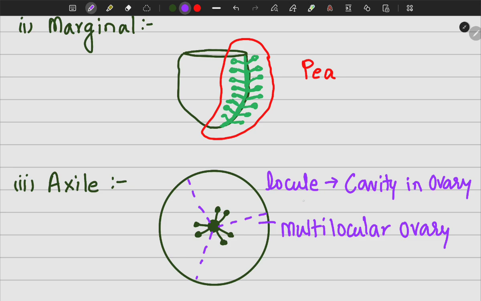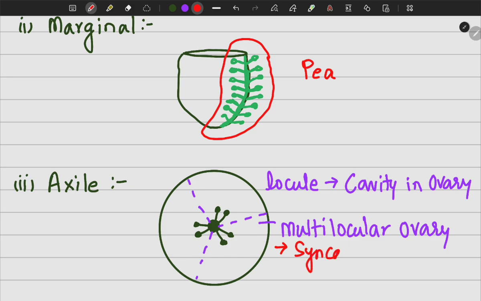Cavity in ovary is called locule. So since this type of ovary has multiple spaces or cavities which are separated from each other, it is called multilocular ovary. So the axile placentation is usually seen in multilocular ovaries, and multilocular ovaries are generally found in